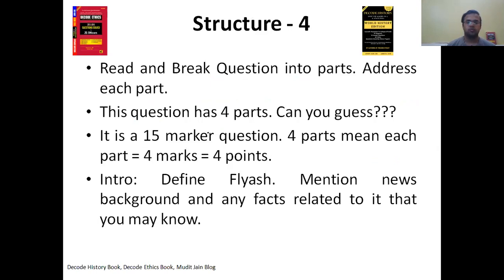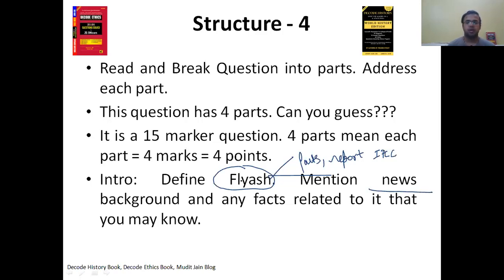In the intro, define fly ash, as we have been doing in all the sessions. We will define the keyword. If you are aware of any facts related to it, any report, say IPCC. Now only pause the video, Google IPCC fly ash. I'm very sure that IPCC would have said something or other somewhere down the line on fly ash as well. So you can bluff, you can take a smart guess.